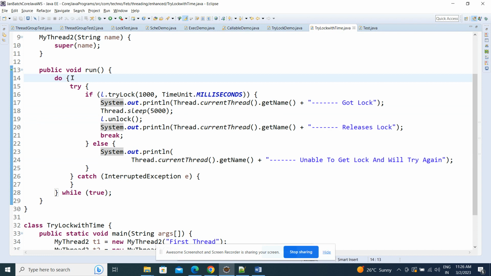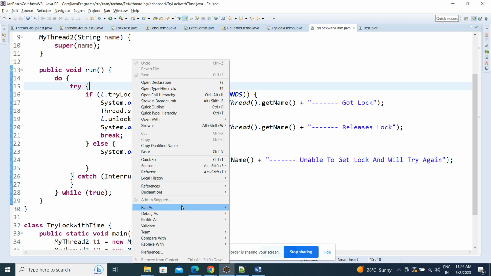It is a do while, guys. It will execute, and if all this is completed, then while true means it will execute again. It tries for the lock, waits 1 second, and if it is not released, this part will execute and again it will try for the lock. Now let's see